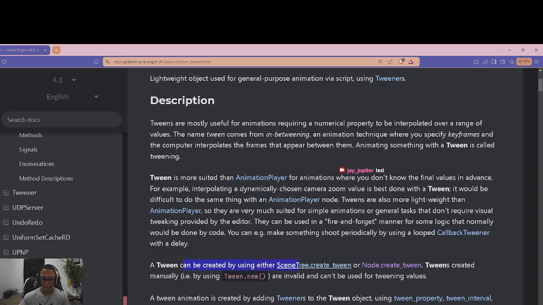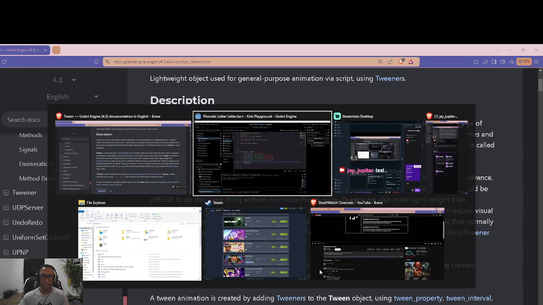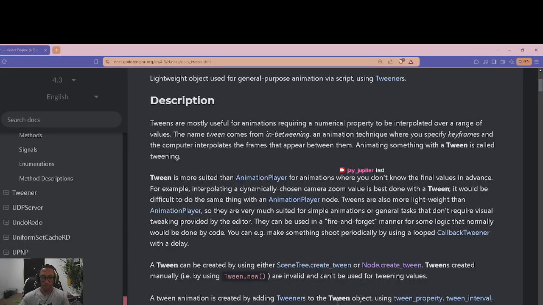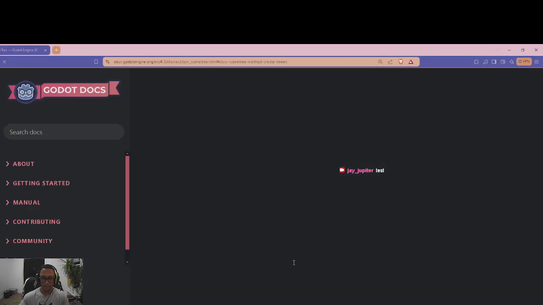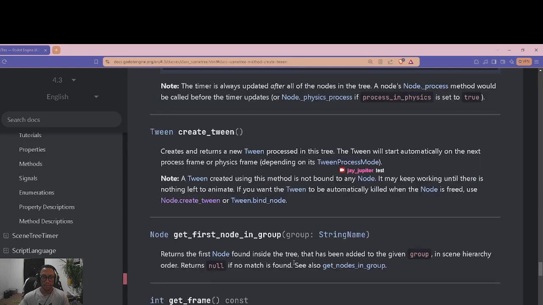You can create a tween by either using scene tree dot create or node dot create. All right, that's the first step. Are we doing that? Yeah, we use get tree, which is what I imagine this is. Scene tree dot create. Yep. A tween created using this method is not bound by any node. It may keep working until there is nothing left to animate. If you want a tween to be automatically killed when the node is freed, use